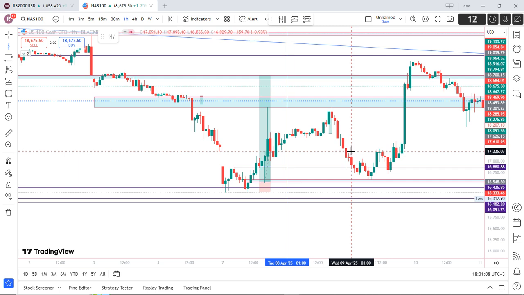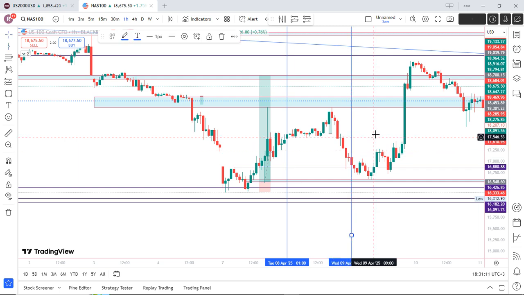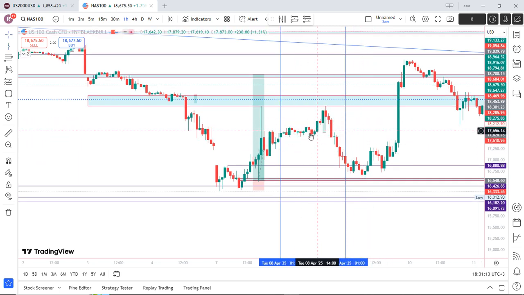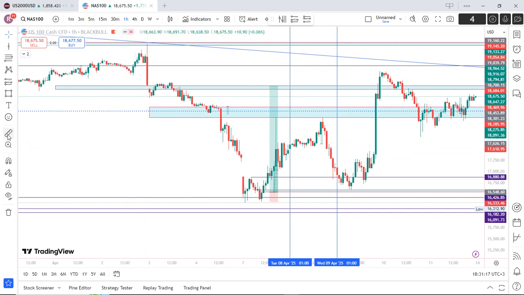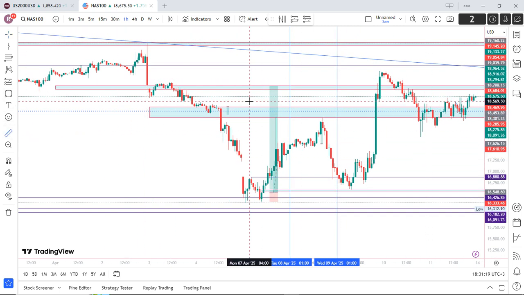So this is all Tuesday. Then Wednesday. Let me also mark Wednesday. Wednesday is right there. So this Tuesday here. Okay. So if we want to mark the premium and discount of this zone, let's start with this